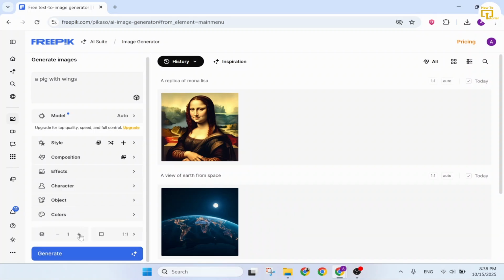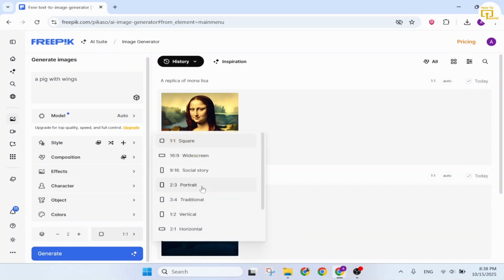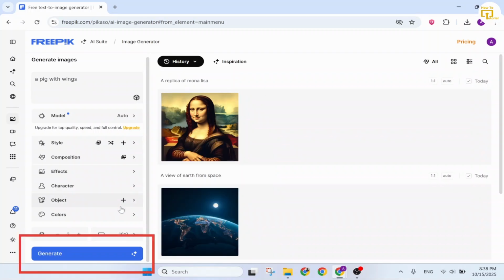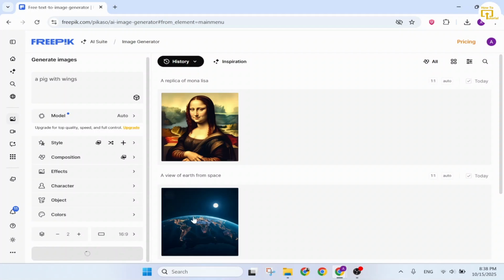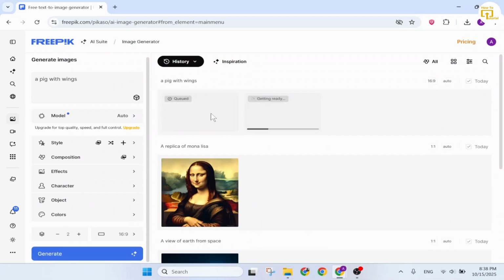Then you can also select how many images you want. You can also select the ratio of the image that you want. Then simply tap on the generate option. Tap on generate and the image should start generating. So there you can see I just wanted 2 pictures, so I set it to 2 and it's now generating 2 of the images. So generation can take time, and while this generates, you can head down below and hit